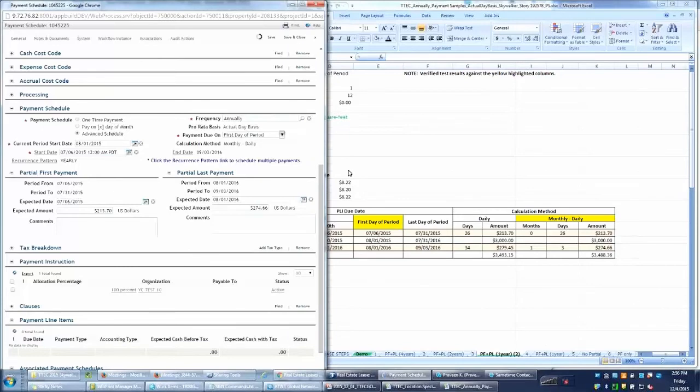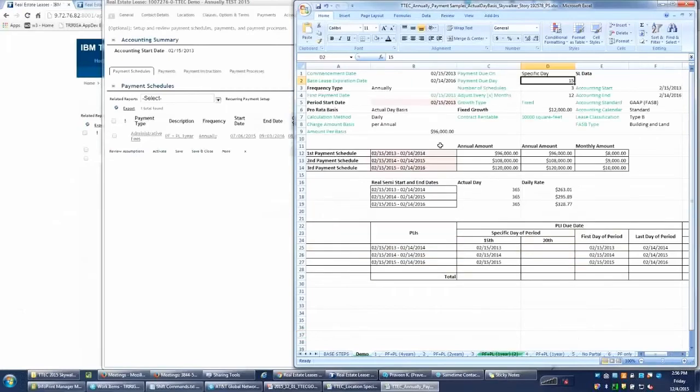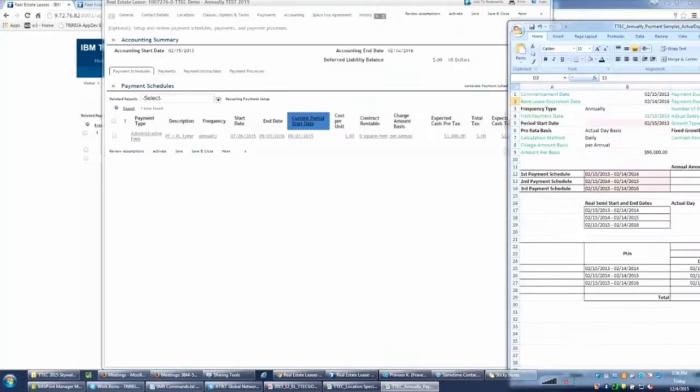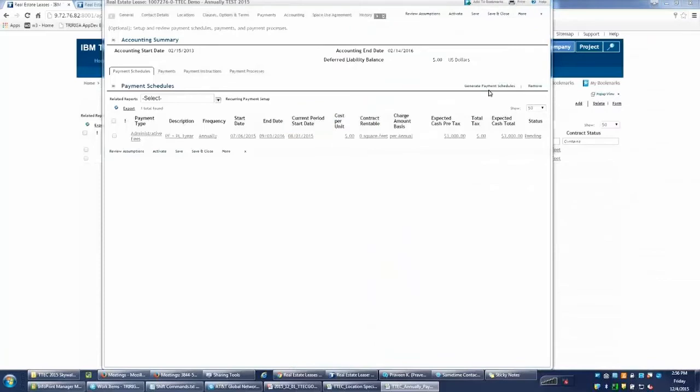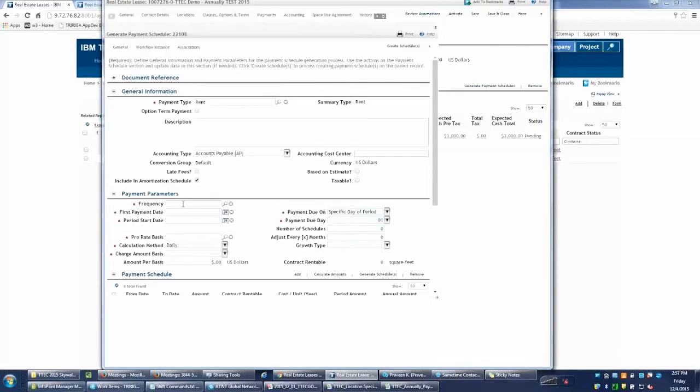And let's go into this scenario where there's no partials. And so for straight line, Praveen will take this scenario to run. Let me add another one. Thank you, Ian. Oh, no problem. So annually,